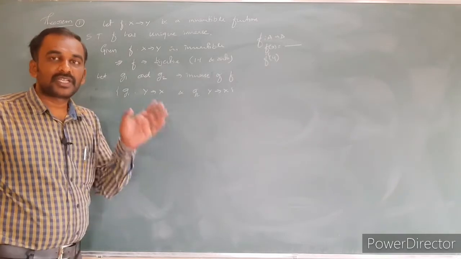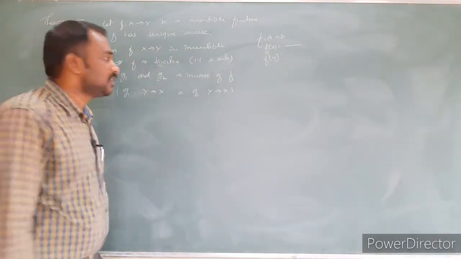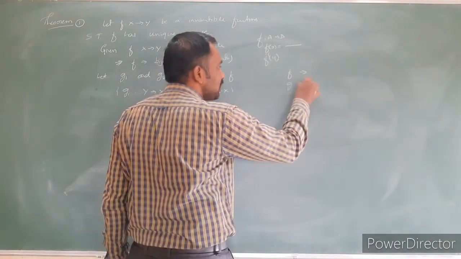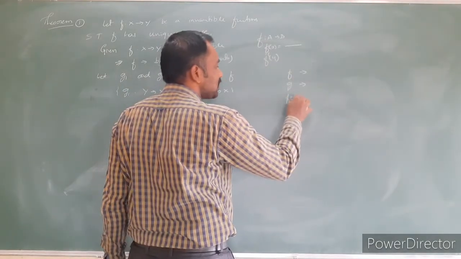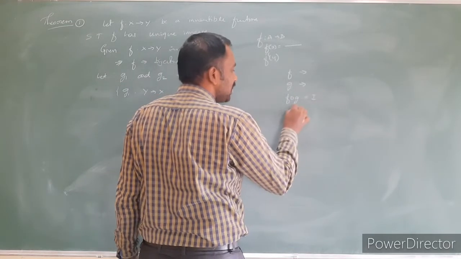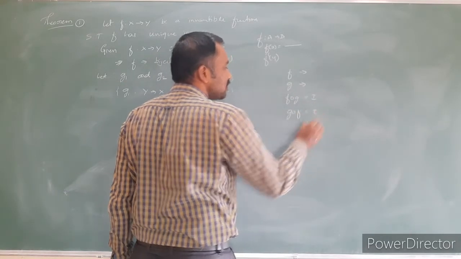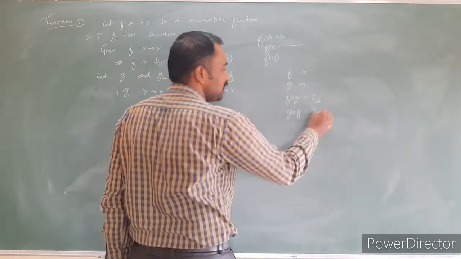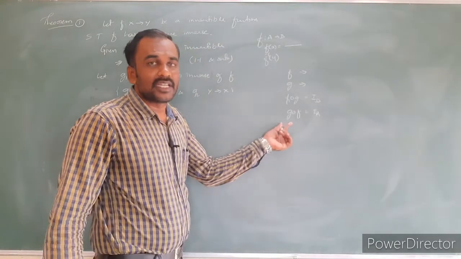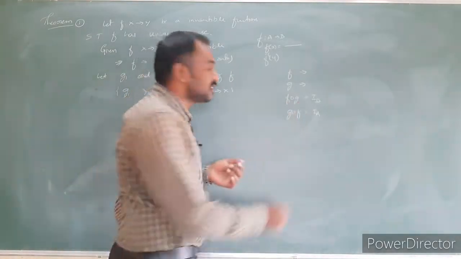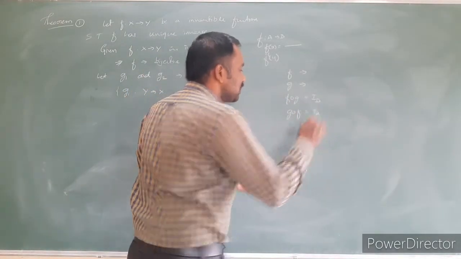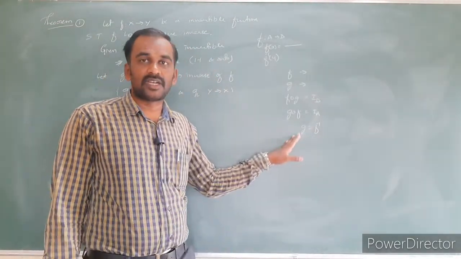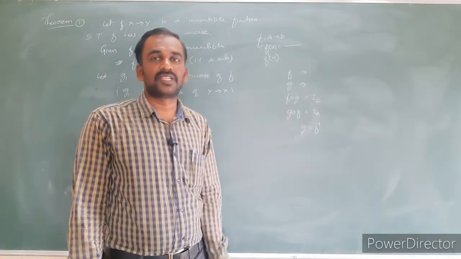By the composition method, we know how to find the inverse. Suppose f is a function and g is the inverse of that function, then f circle g is equal to the identity element, as well as g circle f is equal to the identity element. In one case the identity is from the set B, in the other from the set A. Then g is the required inverse of the function f, denoted by g equal to f inverse. This definition we already know, and I am taking the help of it.